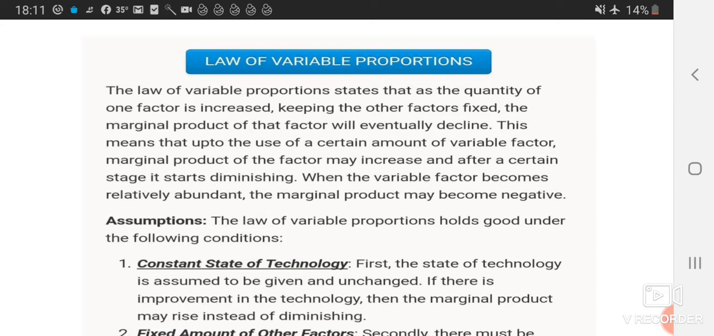Today I have come back with a new video and this video lecture is regarding the law of variable proportion. So let's start this video from the meaning of law of variable proportion. The law of variable proportion states that as the quantity of one factor is increased, keeping the other factor fixed, the marginal product of that factor will eventually decline. This means that when we use the variable proportion on fixed factor, the marginal product firstly increases, then it will